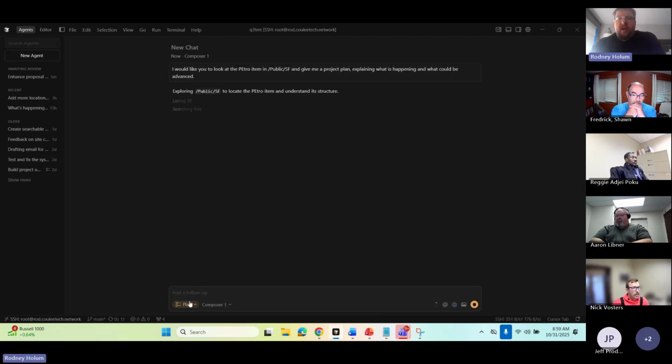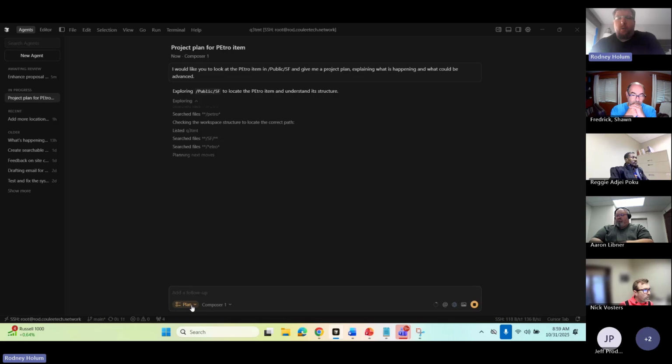So Composer added a plan feature. It can either look at an existing code base or a new project, and it will go and do all the research, identify and document what it is currently, and then plan forward what you're looking at doing.